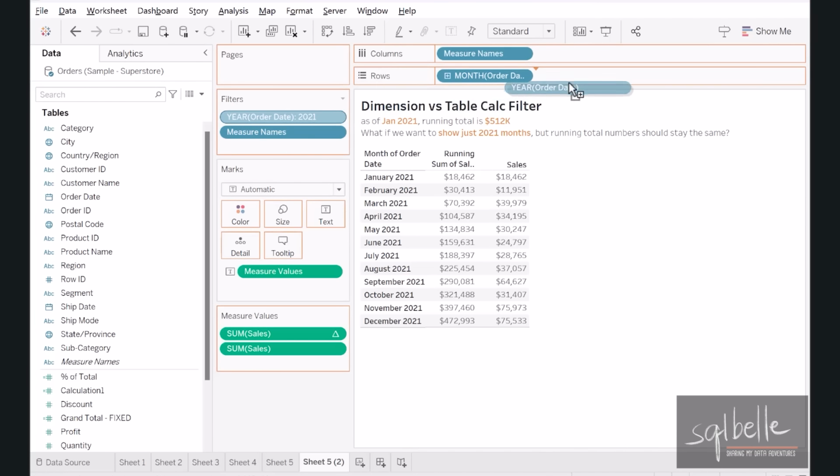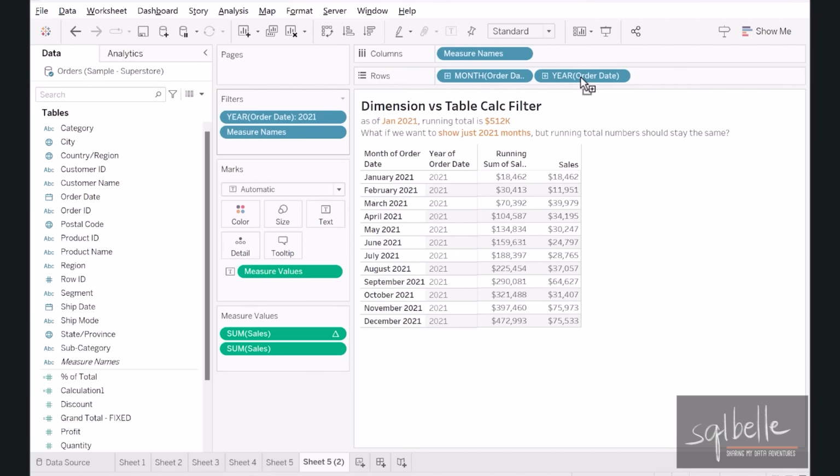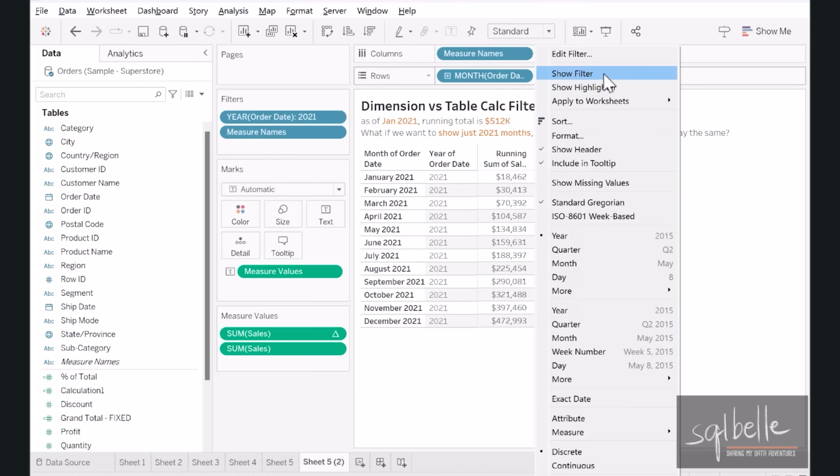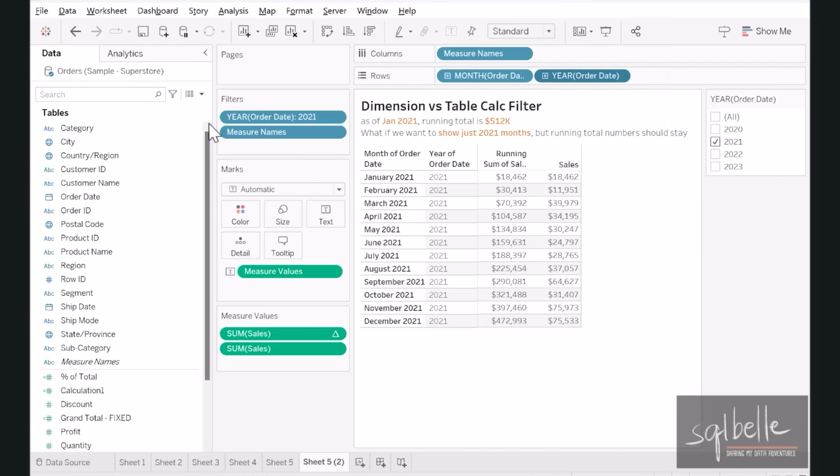I'm just going to copy this over so we can see what happens. Right now, we have the year 2021. And again, at this point, we have the incorrect running total. If we display this as a filter, we're going to see all the years. So now let's create a calculated field that mimics these values, but is encapsulated in a table calculation using our